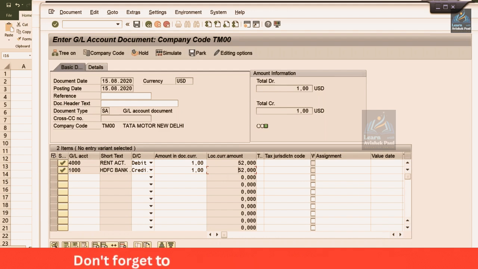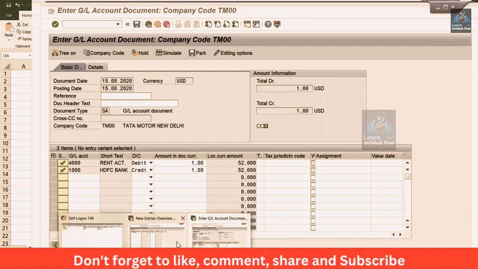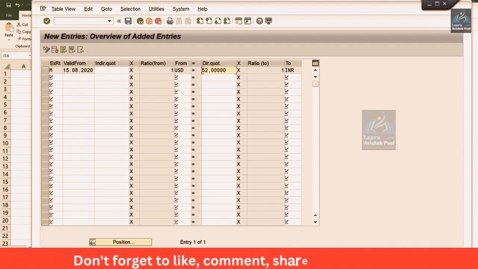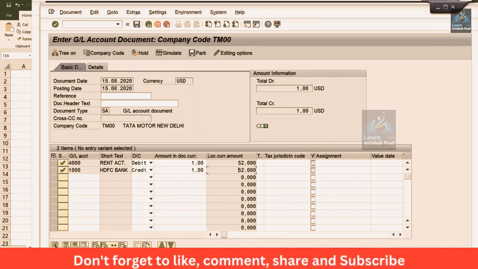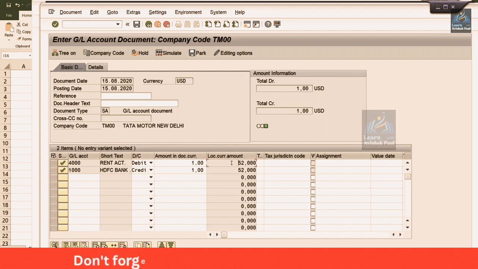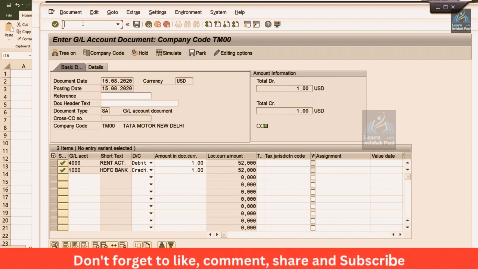Whichever rates are maintained here, guys, let's suppose instead of 52 I specify 62 and save it. Whatever rates are specified here, the system is going to consider that rate itself. How the system is going to read out this rate, that I will let you know and explain. Again, if you want to check, /n